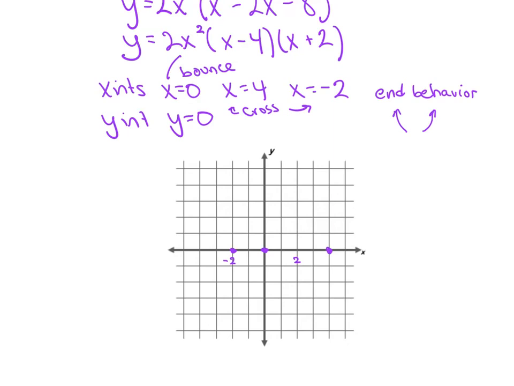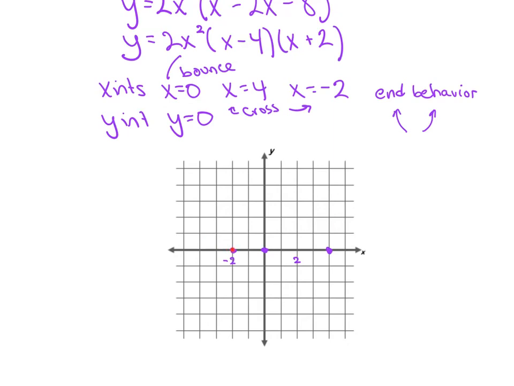So now that we have our x-intercepts graphed, I like to look next at the end behavior. So this is what's happening at the far left of the graph and the far right of the graph. And we have here the only 3 places on the entire graph from negative infinity to infinity. These are the only 3 places where the graph will touch or cross the x-axis. So if I look at, as I come in from negative infinity, the first 0 I come to, negative 2, then before this,